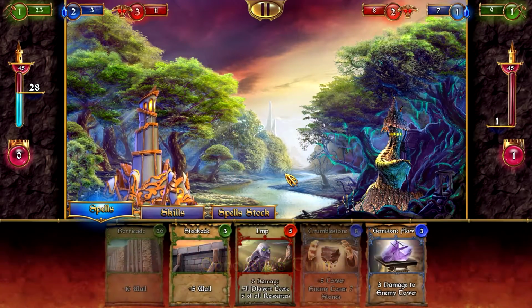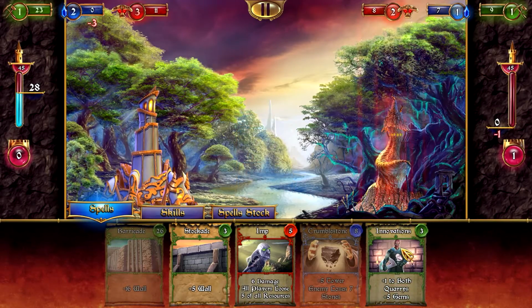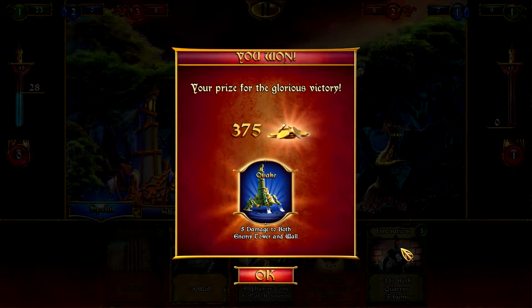So, let's strengthen both of us, I guess. I guess he needs it more because he's weaker. So, plus 5 wall. Seems to be good, but I want to go for this one here. So, gemstone floor, 3 damage to enemy tower. The question is, does it still do anything? Let's give it a go. Oh yeah, I won, so I can actually win by reducing the enemy's tower to